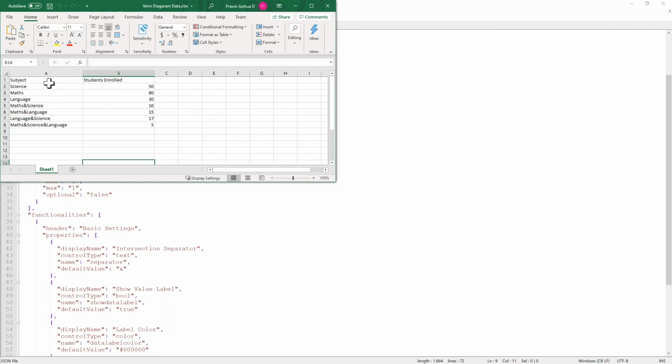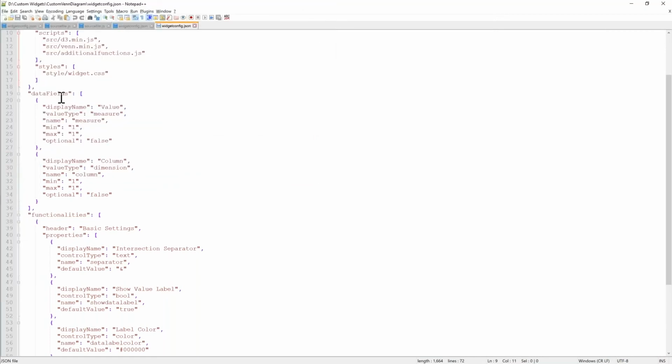So all you need to do is include two data sections where I can include a column and a value. Okay, so I have added both these here. That is the value section where anyone can bind a measure. So the value type is mentioned as measure, and I have provided a name. And I'm just going to work with one field for each section. So I have marked both the min and maximum value as 1.